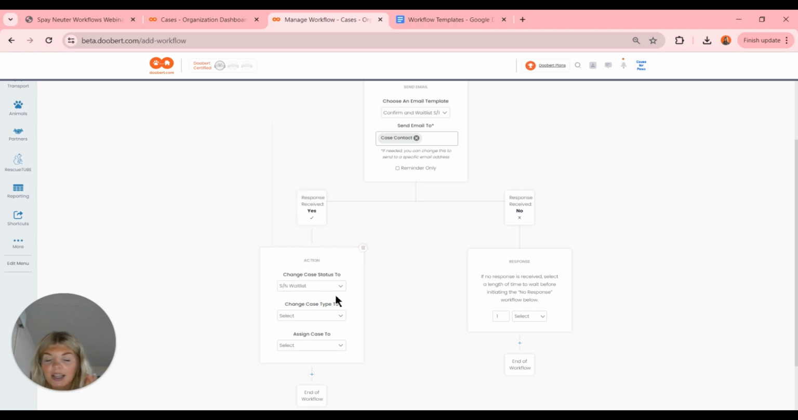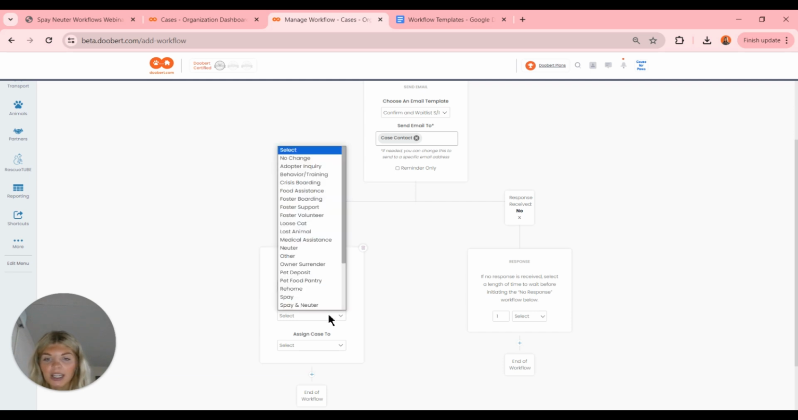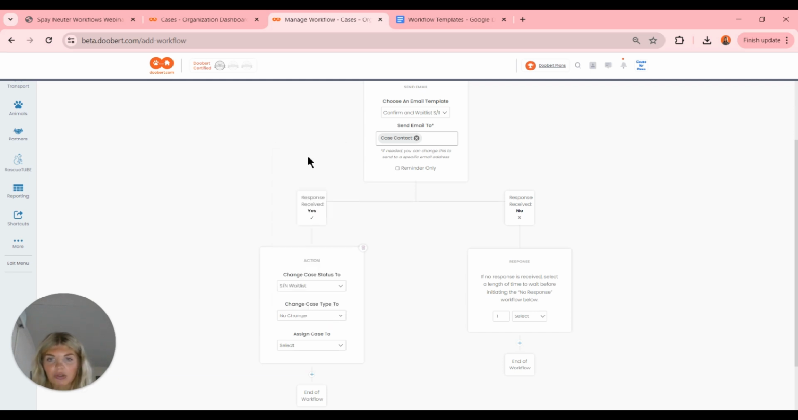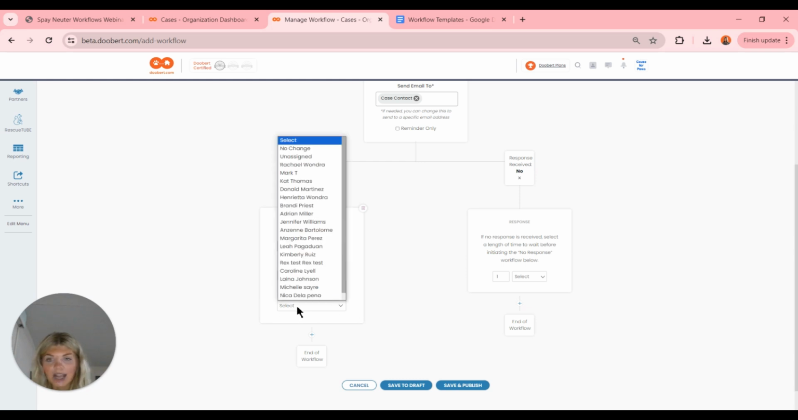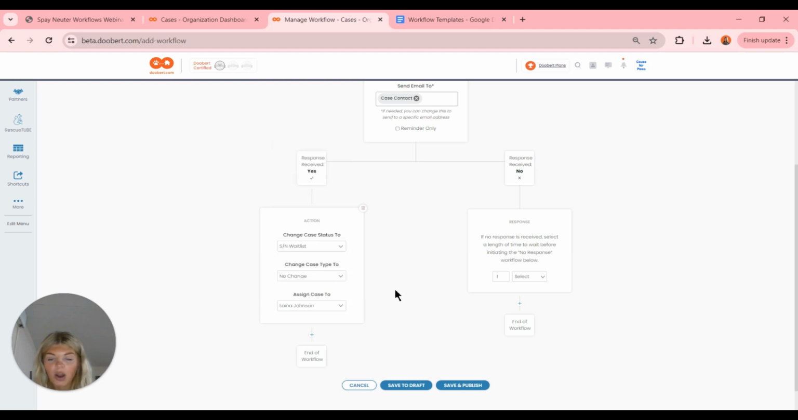So that's going to change our status. Since we sent this out letting them know they're going to be on the wait list, it's also going to automatically flip that case status to reflect that change as well. We're going to keep our case type the same, so we're going to choose no change. And we are going to then assign the case to basically whatever team member that you have that manages the spay neuter waitlist. So we're going to put myself for that one,